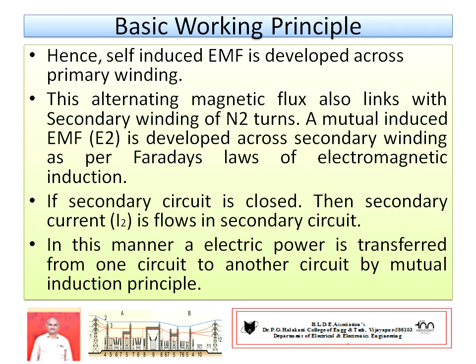So E1 is known as the self-induced EMF. You write down the expression, that is equal to N1 into d phi by dt volts. In a similar fashion, E2 is the mutually induced EMF. It is also given by E2 equal to N2, the secondary winding turns, into d phi by dt. The rate of change of flux linkage exists in one coil, but the change of current is due to the other coil. So mutually induced EMF is a very important concept. Try to understand. Okay. Thank you to one and all.